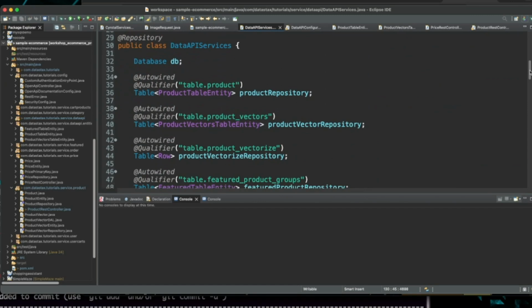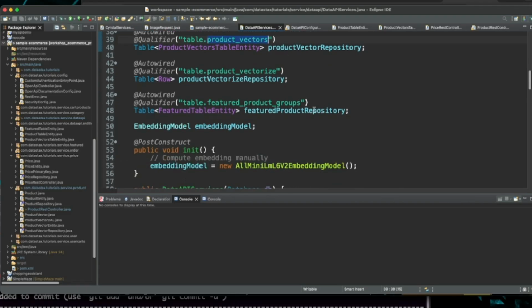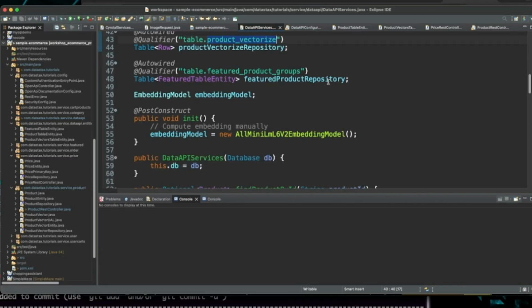So if I scroll down here, you can see that we have defined our product table, our product vectors table, something else for product vectorize, which is a little more of an advanced feature and a way to abstract a lot of the things around performing vector search and other AI-based conversational queries with AstraDB.